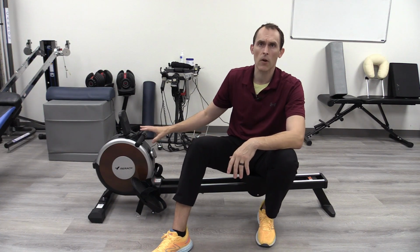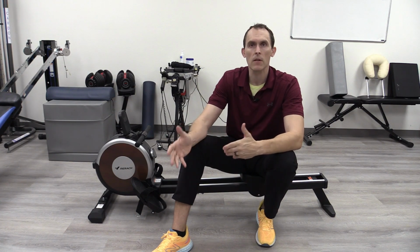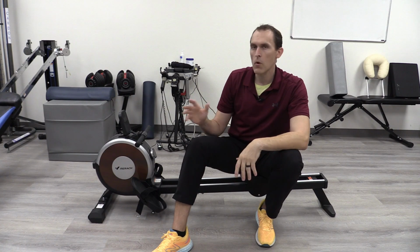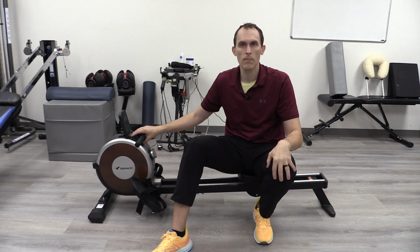Using something like a rower can present benefits in that situation, for example, with knees, because it would be low impact and it would be predominantly working the upper body. So you would fit that exercise for the individual's needs until you can get them back to doing their activity, for example. Now, the rower in particular, because I want to slant my conversation here about this tool in particular,